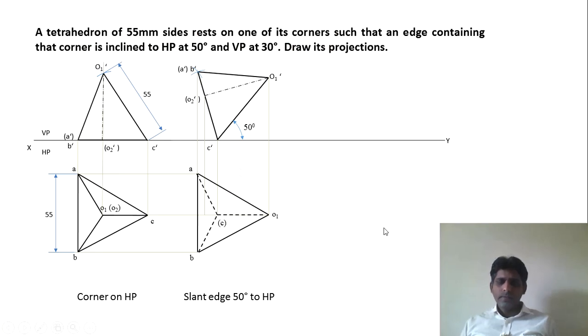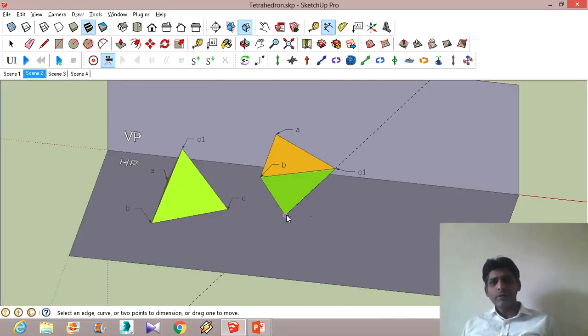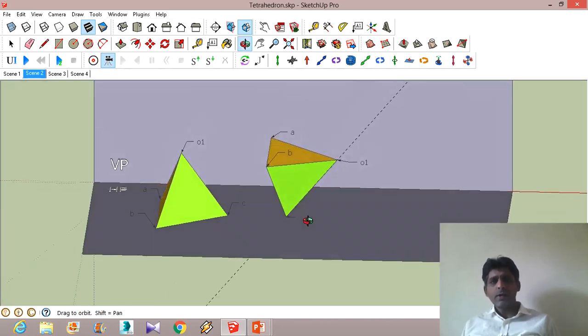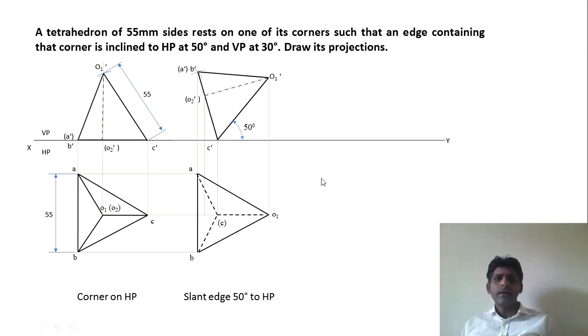The next step is that the edge containing the corner is inclined to VP at 30 degrees. So which is the edge containing the corner? We are talking about edge O1C. So this has to be now made inclined at 30 degrees to the vertical plane. So what we are going to do is